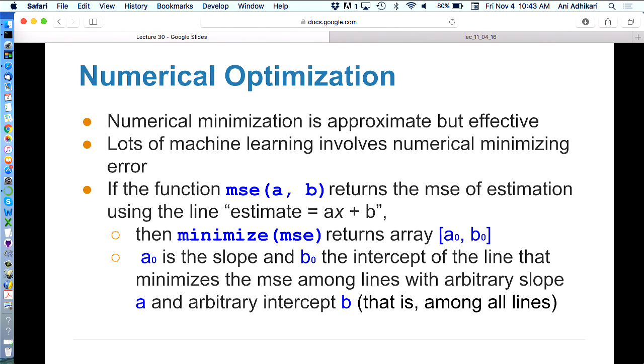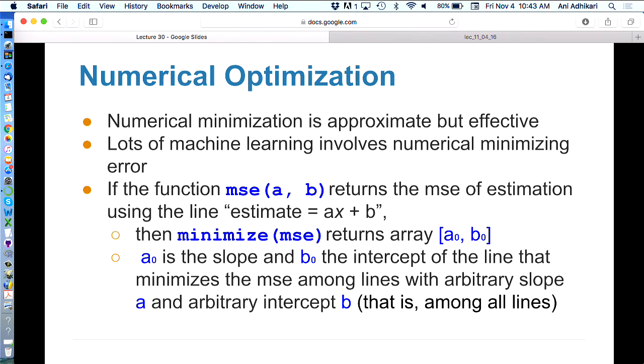So what Python does is it takes any line, it computes the MSE, takes another line, computes the MSE, and then goes to the one that's smaller. Then plays the same game again. So the robot keeps going down. At some point, it reaches the tip of the cone, the bottom of the cone. At that point, it recognizes, wait a minute, I can't go down any further. Every direction I look, I'm going up. It returns that place as the answer. Right? So that's what minimize is going to do.